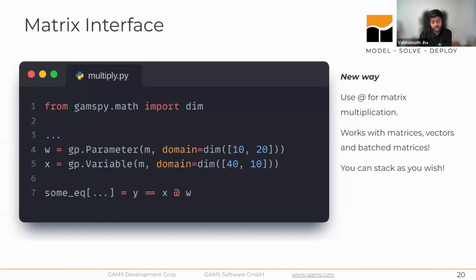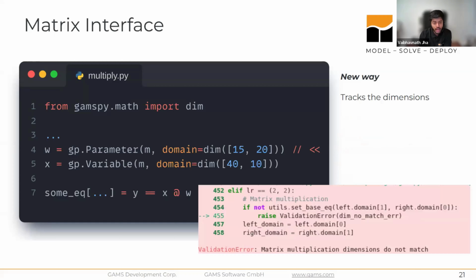We can simply use the matrix product in our model equations using the at operator, which is of course much more convenient than writing this element-wise. And if there is a mismatch between the number of columns and number of rows when multiplying two matrices, GAMSPy helps to detect problems early and throws an error with a descriptive error message, pinpointing the issue.